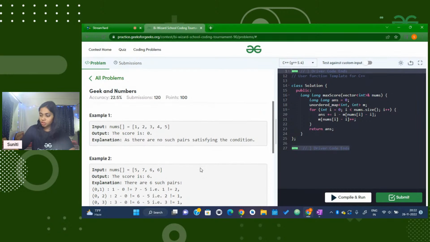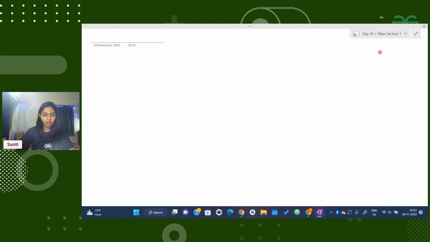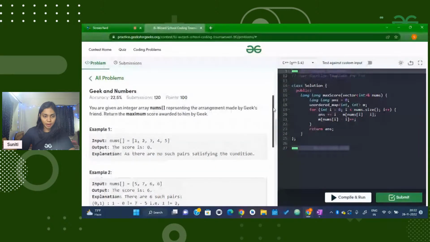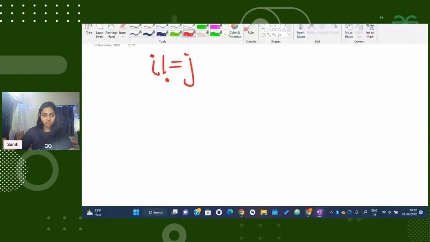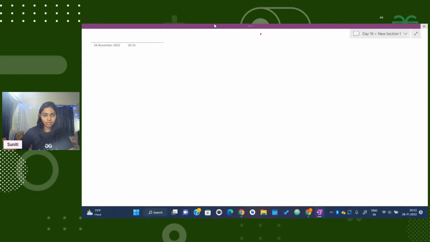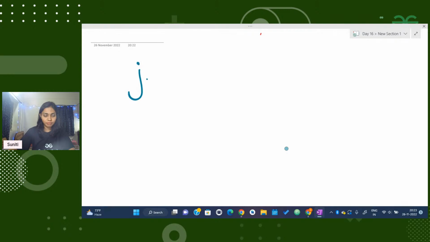Okay, so the condition for scoring is: i should not be equal to j. That is the first condition. Okay, j minus i is not equal to, so what is the condition that we have is j minus i is not equal to,